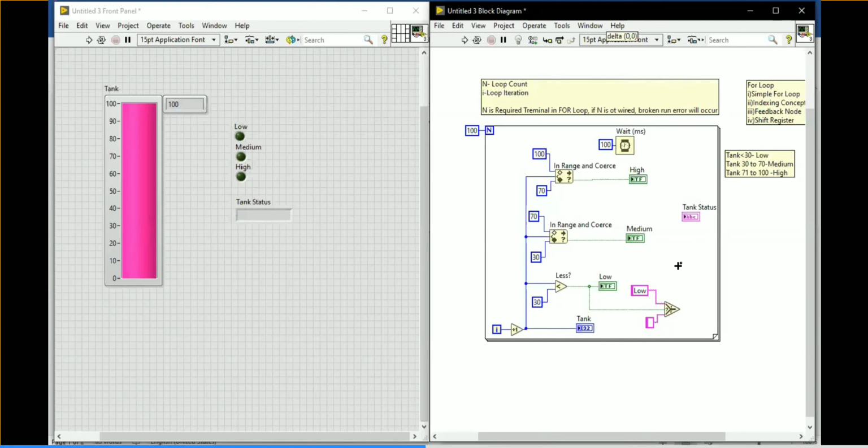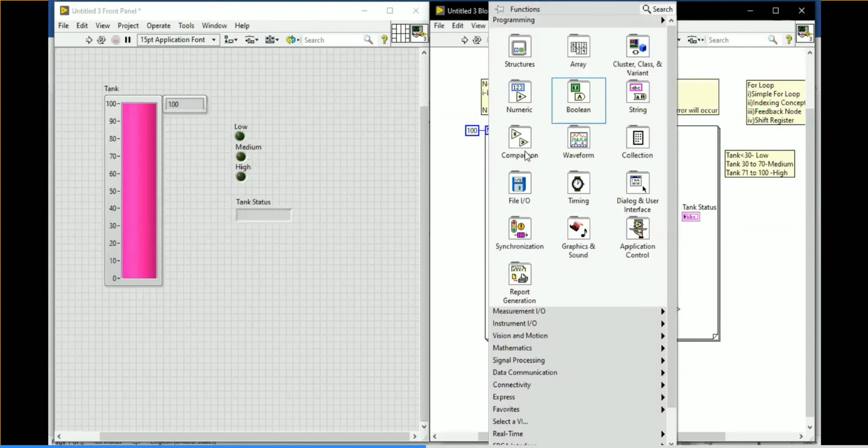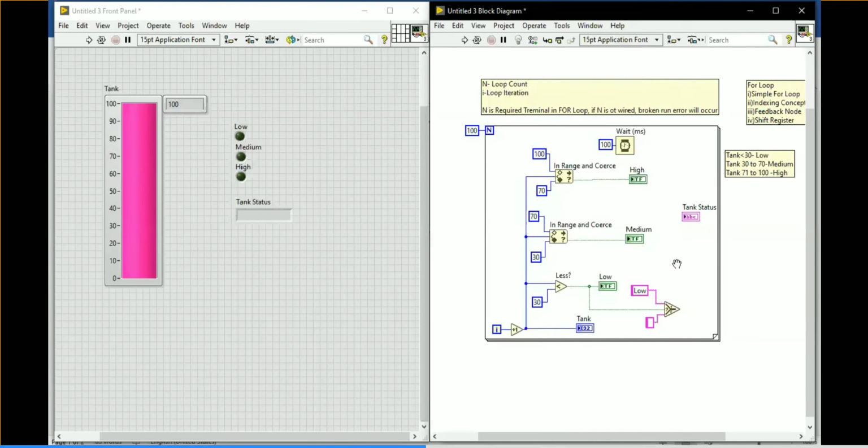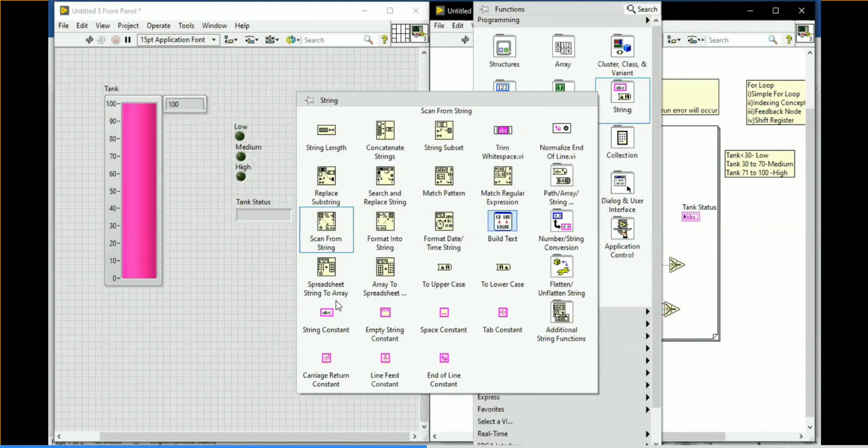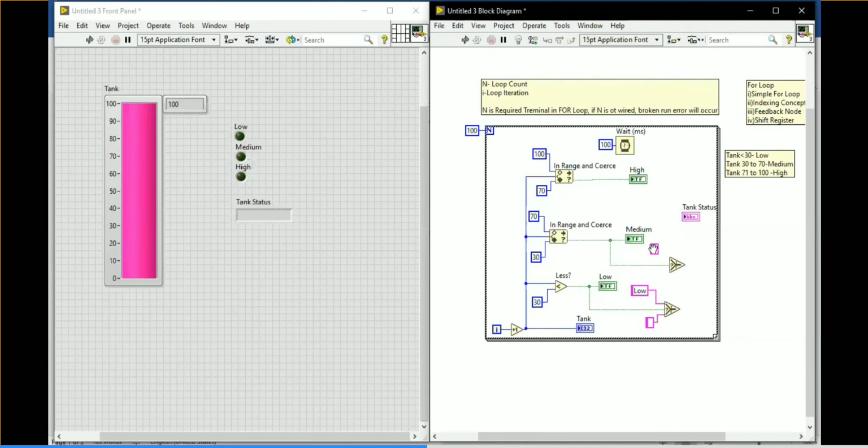Next I am going for medium. Again I am going to take the same comparison select function. So medium, I'm continuing there, and in the same way I'm taking a string constant. If it is true, it will display medium. If it is false, I'm going to display the empty string.